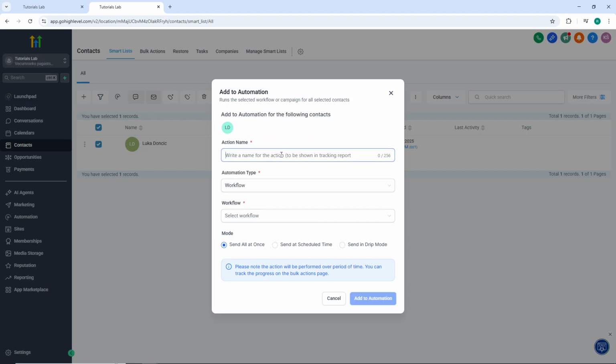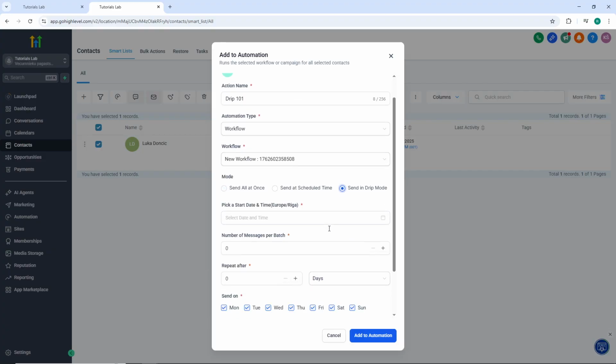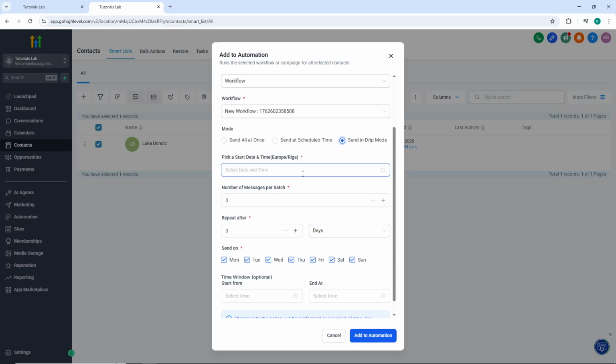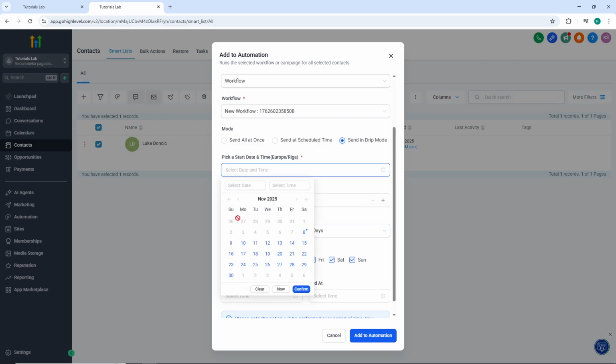A new window will appear where you'll fill out the necessary fields. Make sure to add the workflow we just created in the Workflow field. Once selected, click on Send in Drip Mode. This is crucial because it tells GoHighLevel to send your messages in a staggered, automated sequence rather than all at once. The menu will expand, asking you to configure your drip settings, fill in the start date and time, number